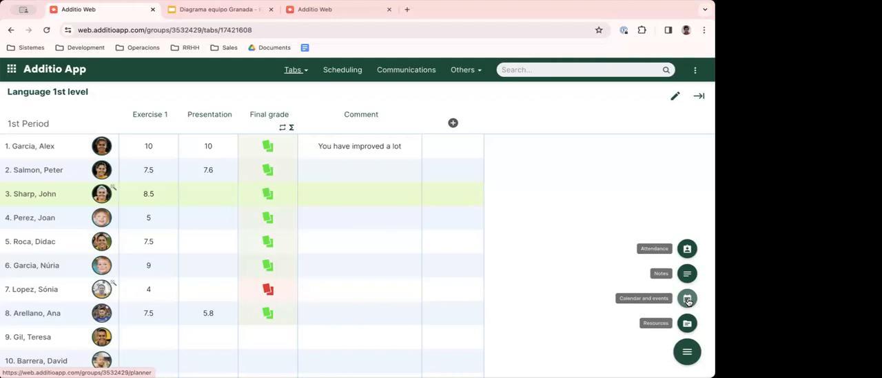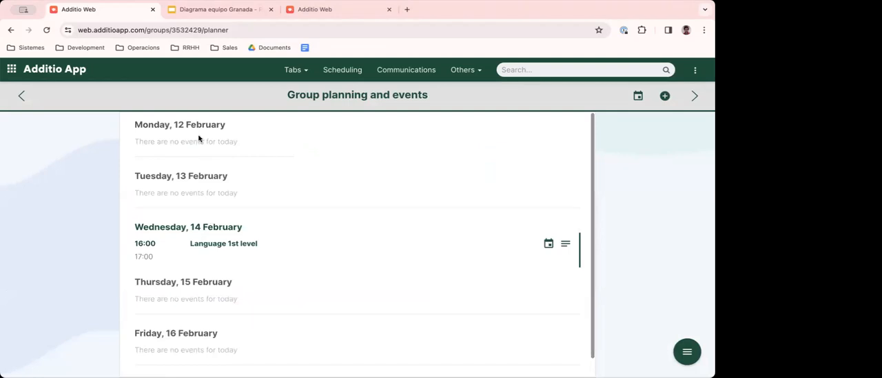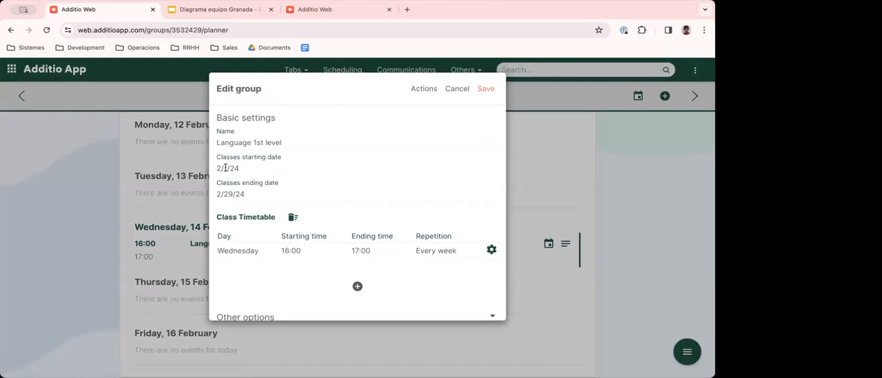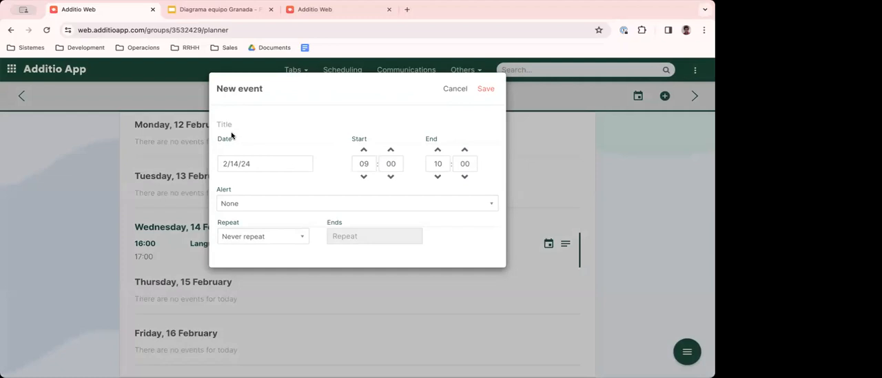And then we also have the calendar and the events. Here, of course, I have all my lessons, because as you can see, if I go here and go to edit group, I could change the start and end date and the timetable. As you will remember, we set up this group to teach on Wednesday at 4 p.m. So in my calendar for this week, I could jump to other weeks too, but I just teach on Wednesday. But I could add other events, like, for example,